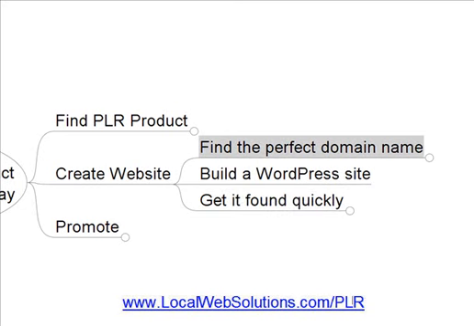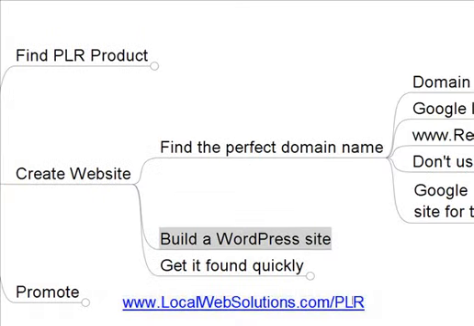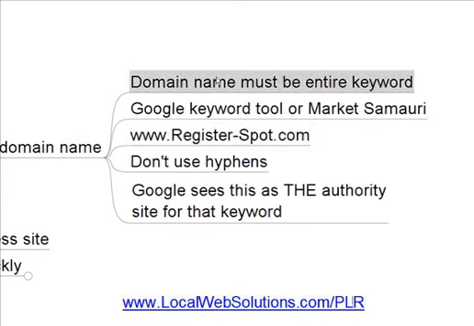Now once you've chosen the private label rights product you want to sell, the best way to get traffic long term is to use the perfect domain name. So let's look at how to do that. Now, the most important thing is the domain name must be the entire keyword. For example, my daughter's site is goldenretrieverbooks.org. Now, because golden retriever books is a keyword that people search for, and Google sees the domains that have that keyword and nothing else in them as the authority sites,